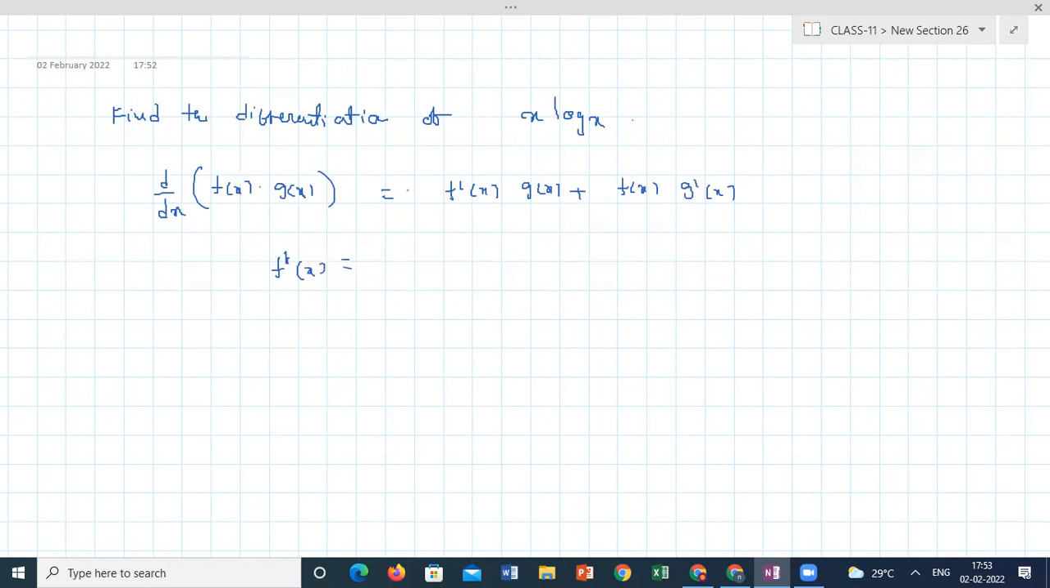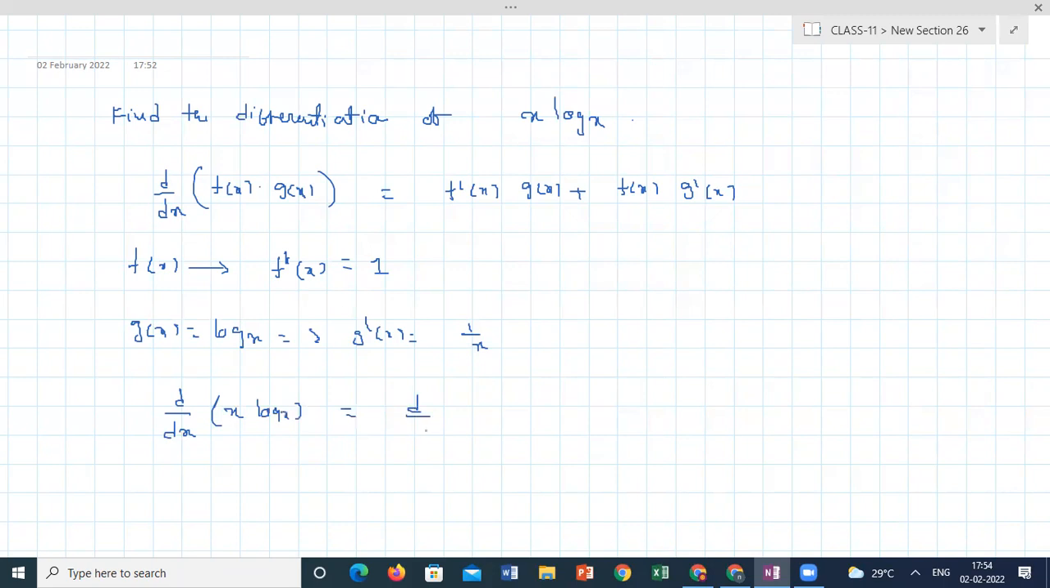f of x is equal to x and its differentiation is 1, f dash of x, and g of x is equal to log x. From here g dash of x is equal to 1 by x. If I am substituting d by dx of x log x is equal to, if I want to write one more step,